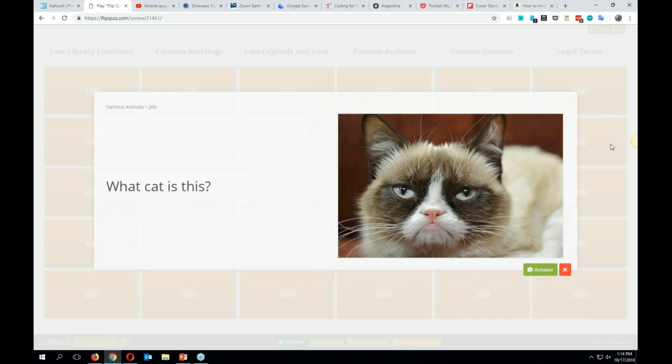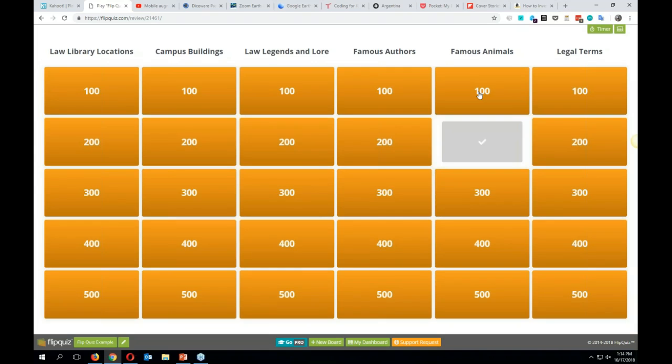So that's a pretty nice little feature that we have here. There we go. So you can just kind of go through here, and then whoever got that right, you can say, all right, I'll take campus buildings for 400, Alex. It's just another quick, free, easy thing to create to get people to understand what things are in a very matter-of-fact way. So if you go to flipquiz.com, you can create a free profile where you can begin creating your own games here.